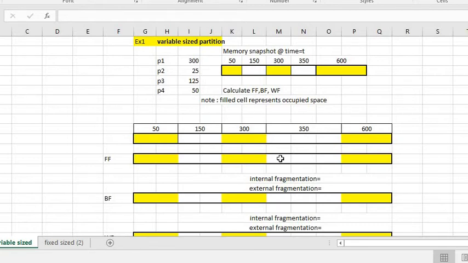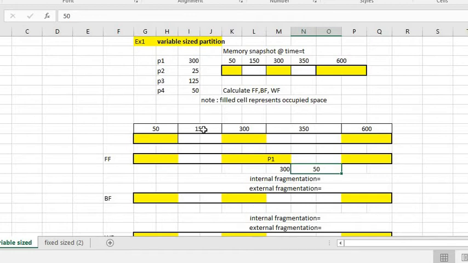So let us just give the space for the process P1 here. Out of 350, we'll allocate P1. P1 has been allocated with the size 300 kb, and out of 350, this got allocated, the P1 got allocated. So out of 350, 50 is remaining. We have created a new hole of size 50, so we have remaining 50 over here.